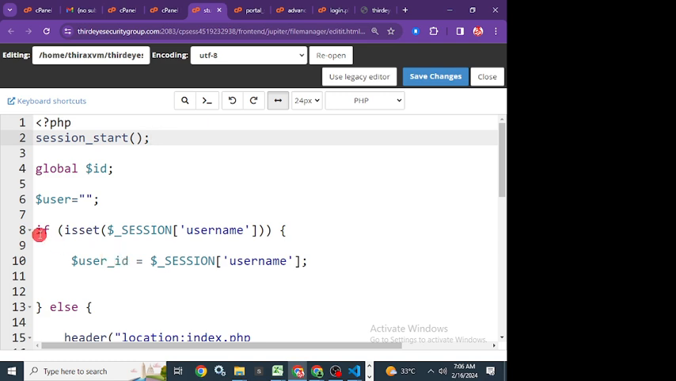Now, the next thing, if is set. Do you know the meaning of this line of code? The meaning is that you will notice that this sectioning has been used in the